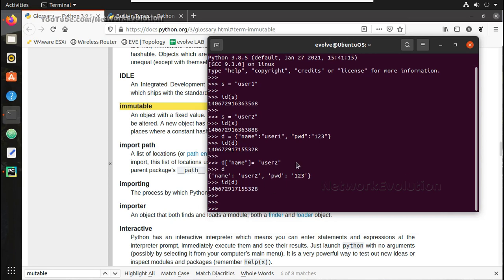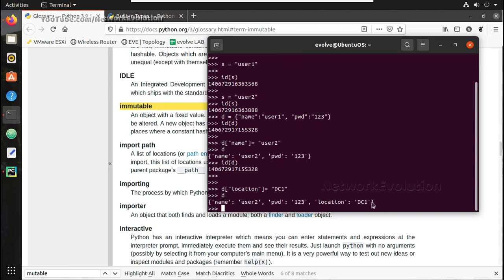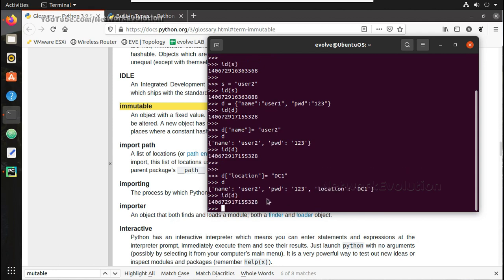And similar to that, let us just try adding another key value pair here. Location, I'll give DC1. You can see even that got added, but still the ID remains the same, 5328.